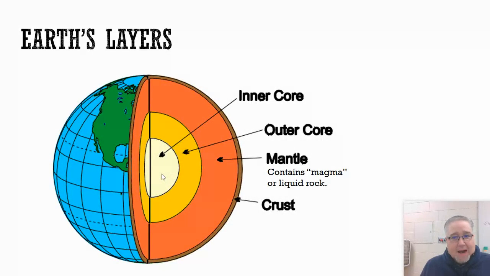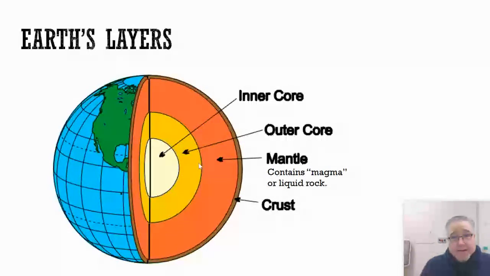They're made up of a lot of different elements, but there's some radioactive elements in there that decay. You might remember from chemistry class, radioactive elements decay. And when they decay, they produce radiation, which is associated with heat. So there's a lot of heat that's generated inside of this core of the Earth, both the inner and the